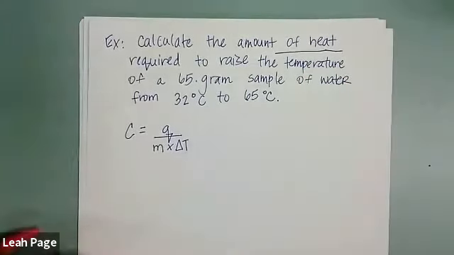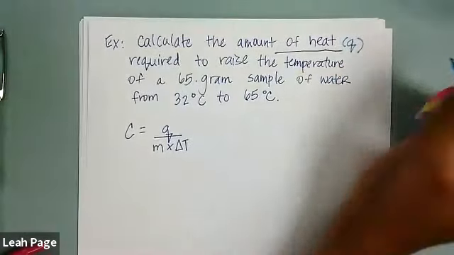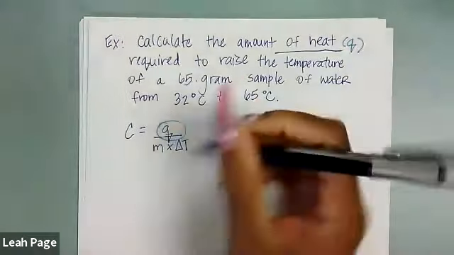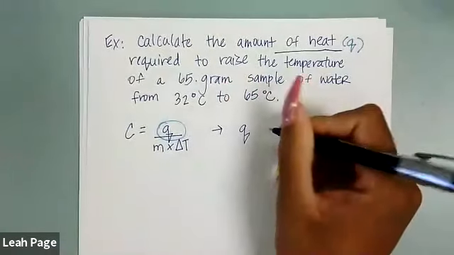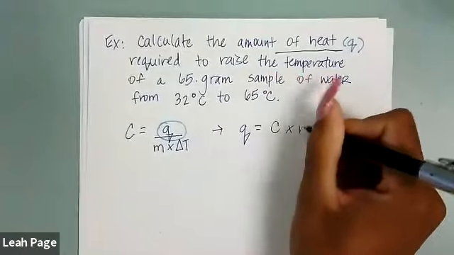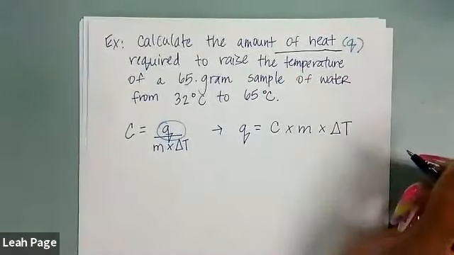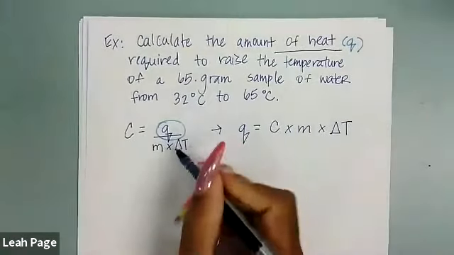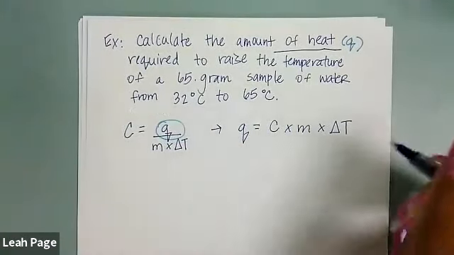So can you guys tell me which letter is the amount of heat? Which variable? Q. All right, so we have to recognize that heat is Q, so I'm looking for Q. So if I'm looking for Q, I need to rearrange this equation to solve for Q. If I rearrange this equation to solve for Q, it's going to say Q equals M times C times the change in T, the mass times the specific heat capacity times the difference in temperature. We just multiplied both sides by mass and change in temperature.